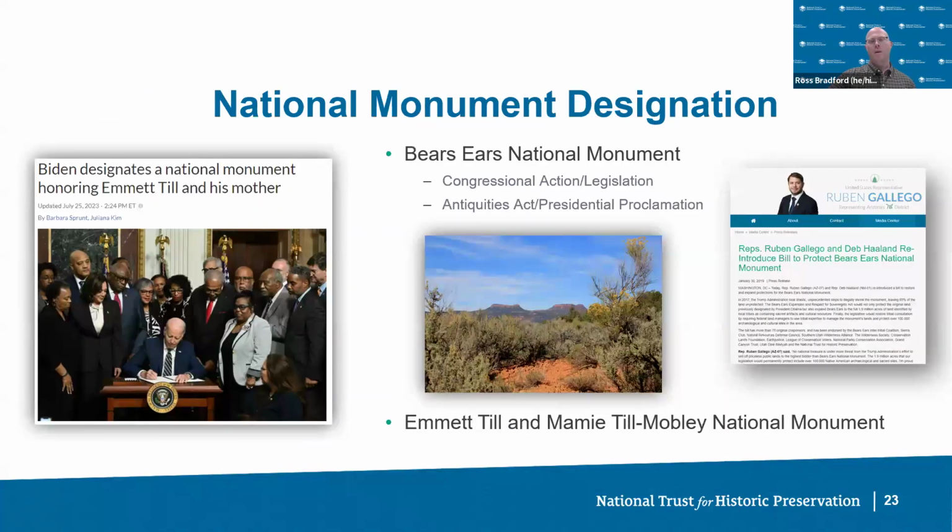One area that's, I think, unique to historic preservation is the national monument designation process. You can designate a national monument either through an act of Congress or through a presidential proclamation. If you're going to go the act of Congress route, all of the work associated with that would be lobbying. But if you're going to go the presidential proclamation route, i.e., you're basically going to work with the administration to have the president sign a proclamation declaring a certain site a national monument, that wouldn't be lobbying because they're doing that under their executive power authority.